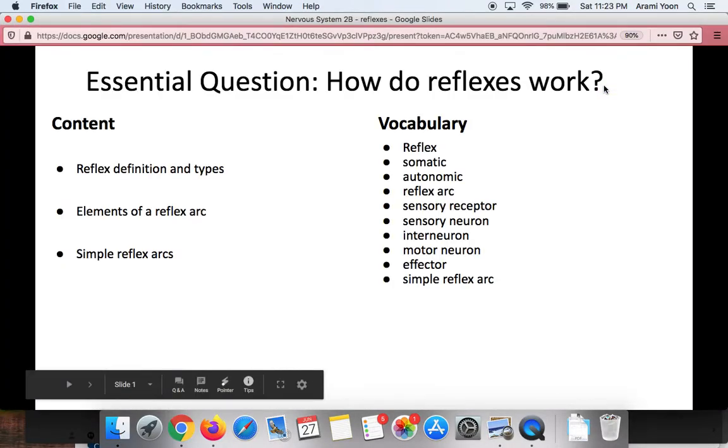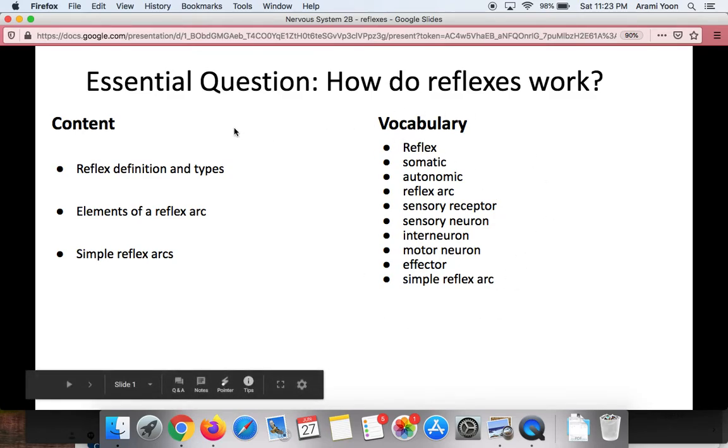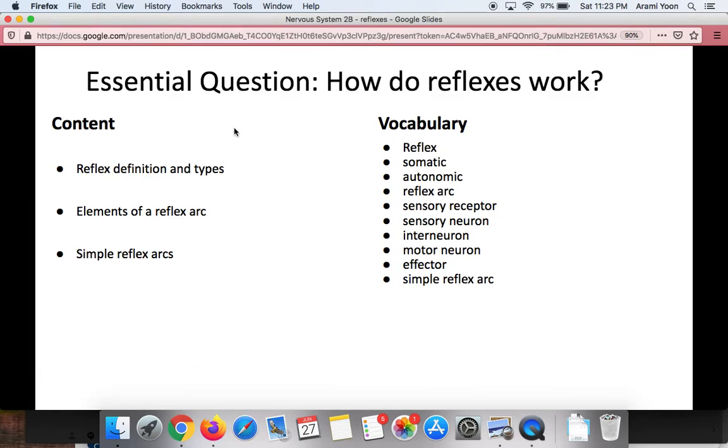Hi everyone, this is the lecture for the nervous system on reflexes, and the essential question we're answering is how do reflexes work? By the end of this lecture you should be able to answer that question using the vocabulary terms on the right side. The three things we're going to talk about here are what is a reflex and what are types of reflexes, what are the elements of a reflex arc, and we're going to differentiate between the classic reflex arc and a